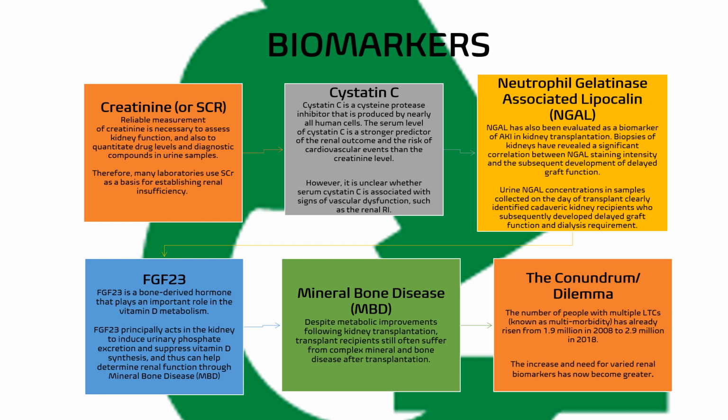fibroblast growth factor 23, which is a biomarker primarily utilized in cardiac recipients, or those recipients with cardiology etiologies. And then there's mineral bone disease, or MBD, and one of the main